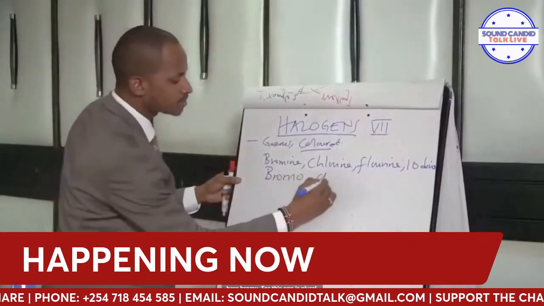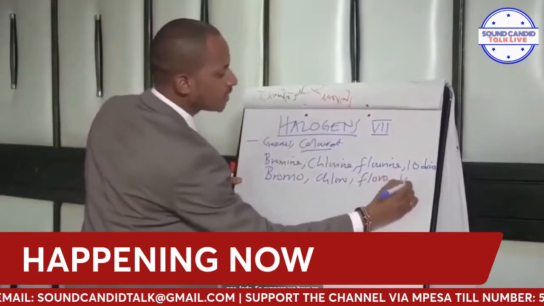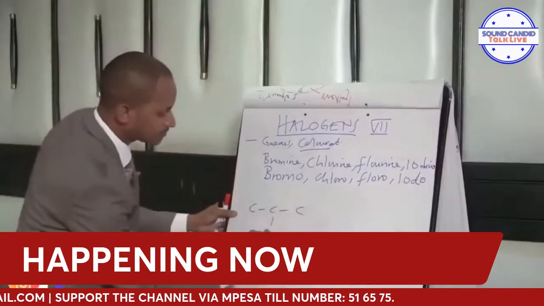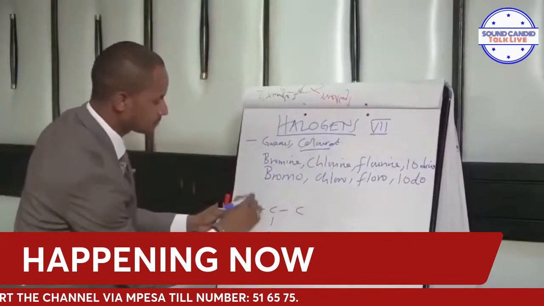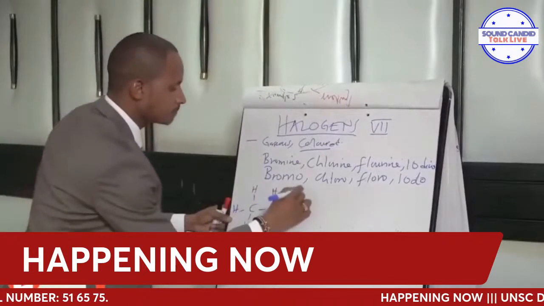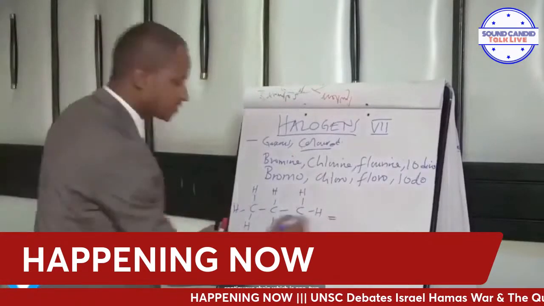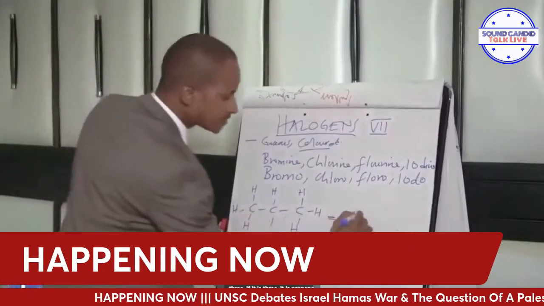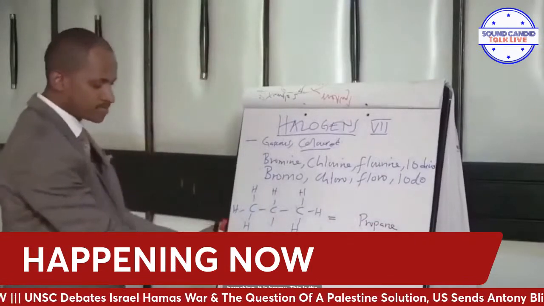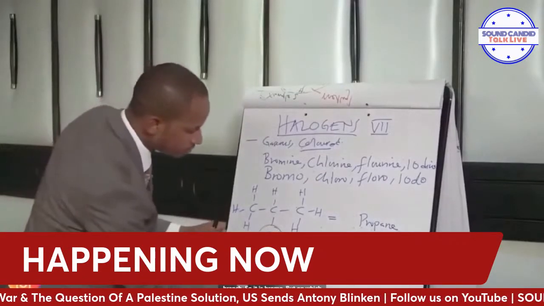In naming these ones, you simply write here bromo. For this one is chloro. For this one is fluoro. And for this one, iodo. So suppose we have an example as that. Number 1, identify the longest continuous chain, which is 1, 2, 3. If it is 3, it is propane. Then because we have a bromine branching, it is bromo. This is the branch.